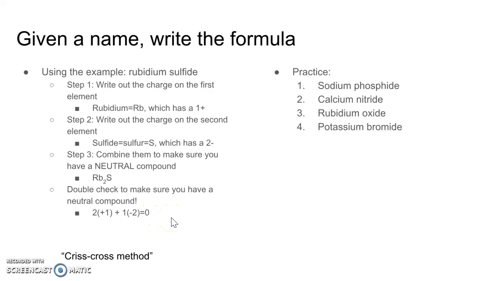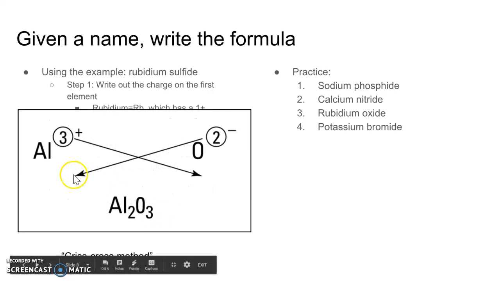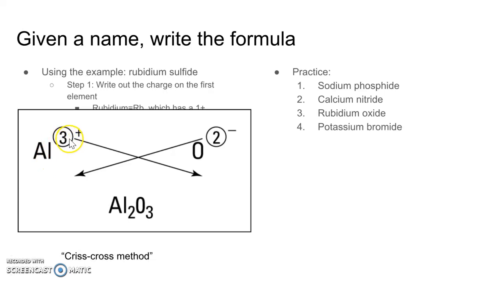A way to think of this that I think is the easiest way is the crisscross method. If I'm looking at aluminum, well, I know aluminum has a 3+ charge. Oxygen has a 2- charge. All I have to do is switch the numbers. So essentially, that means I have 2 aluminums because I had 2- on oxygen, and 3 oxygens because there was